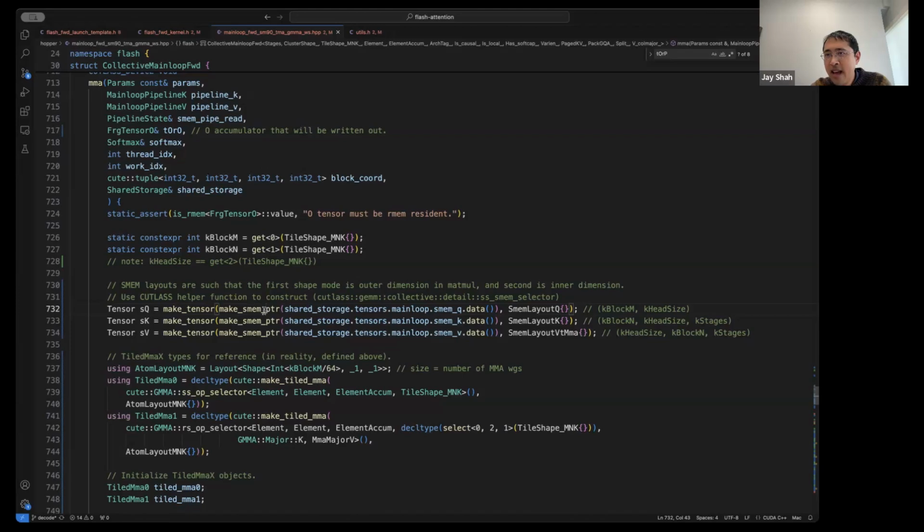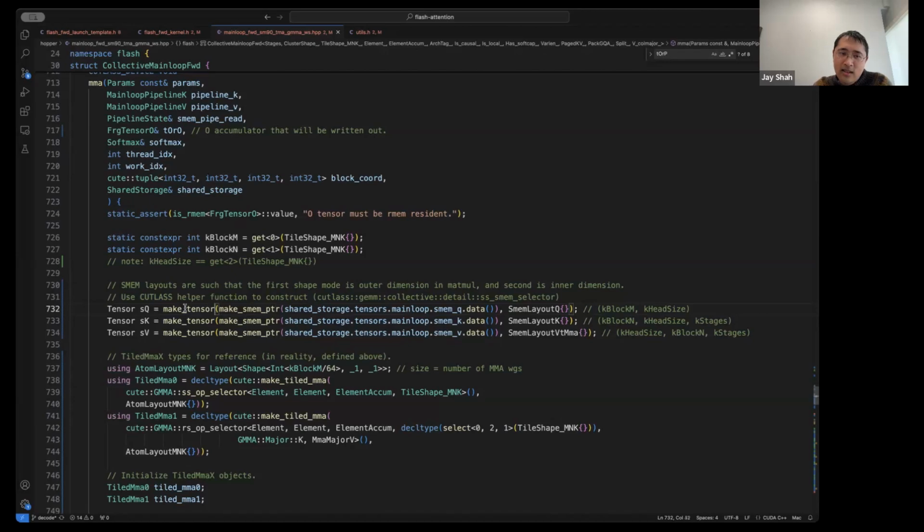P will be something that I modify in place as the accumulator of the first gem. V is loaded into shared memory. I won't explain in this talk the TMA part of this kernel, just the MMA part. All I have to do in this MMA method is to construct the views of the shared memory that I'm going to use in the gems.